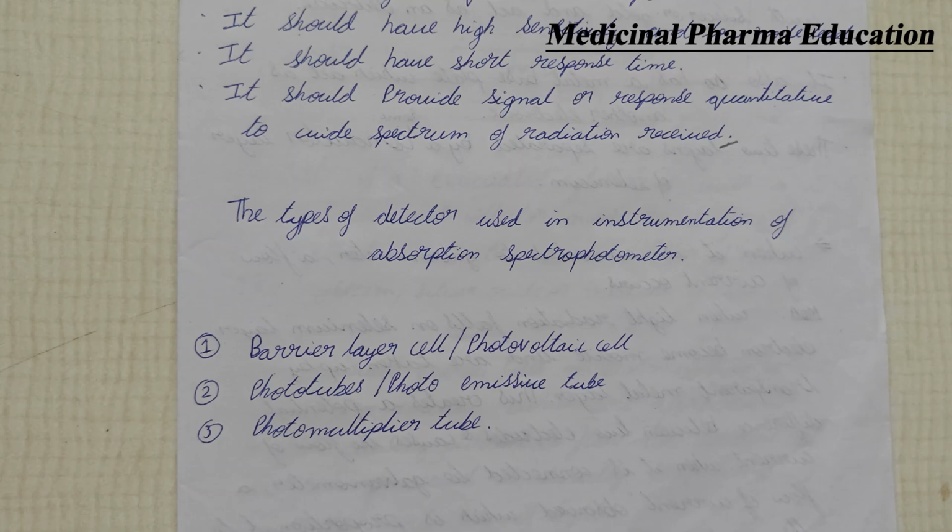Next, there are mainly three types of detectors used in UV visible spectroscopy. One is the barrier layer cell, also called a photovoltaic cell. The others are the phototube, or photoemission tube, and the photomultiplier tube. Phototube and photomultiplier tube are very similar, but there are some differences. I will explain in the video. First, we'll go with the